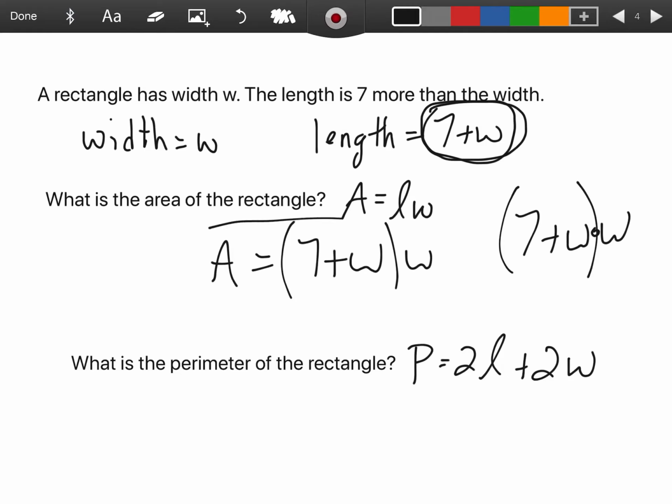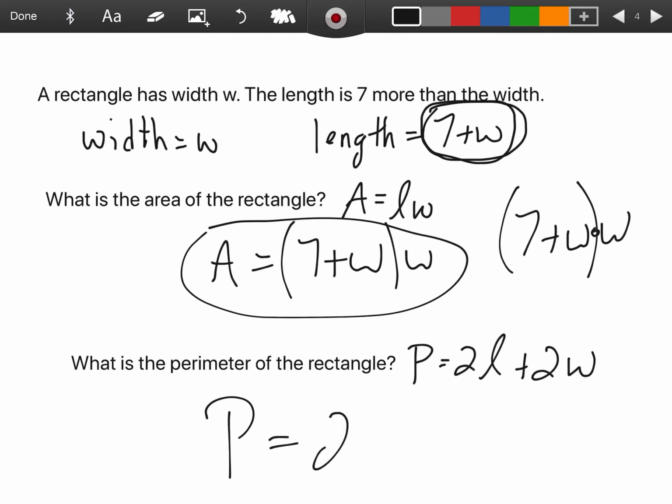All right, and finishing it out now with the perimeter. My perimeter is going to be equal to 2 times, well, again, my length is 7 plus W, so I will substitute that in, plus